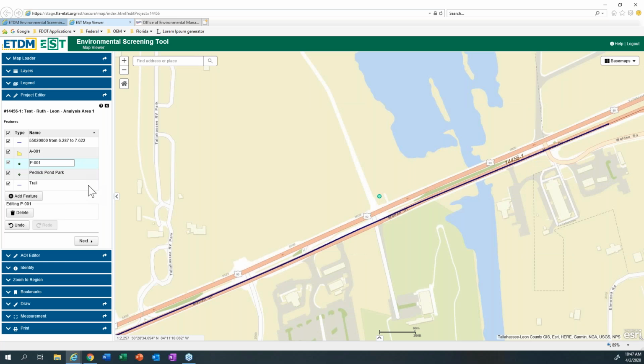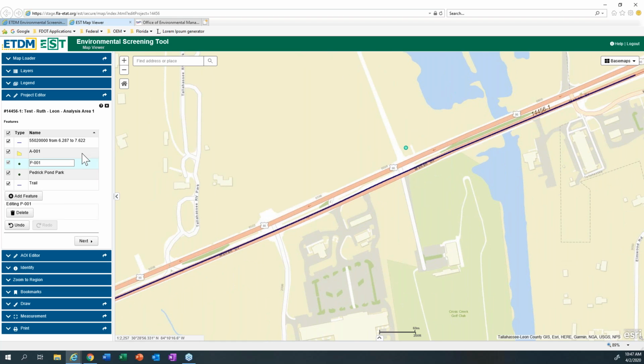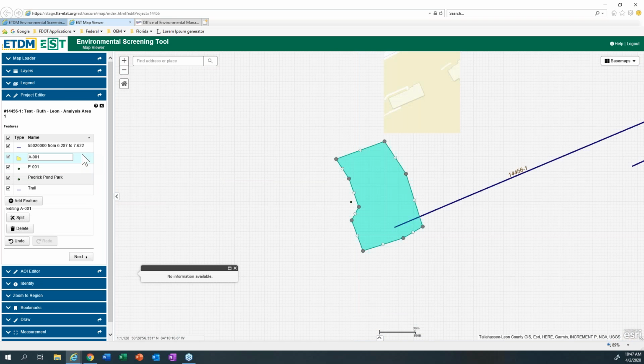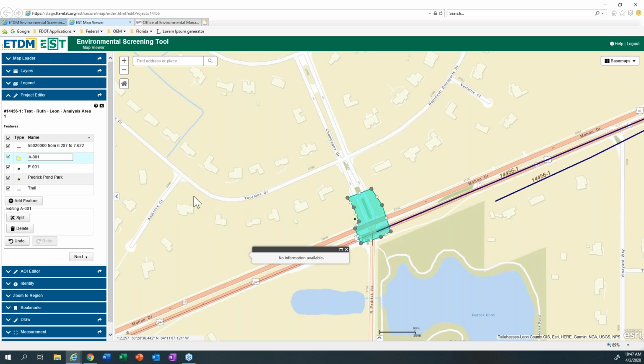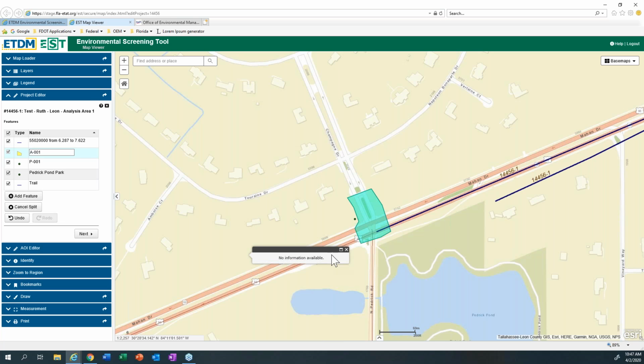Whoops. And I've zoomed out. It zooms to the feature that you select. There it is again. One thing you can do with polygons, you can also do with lines, is splitting them. And, oh, sorry, I clicked on the map where nothing, it was thinking I was doing an identify. That's what that was. But to split the polygon, I click